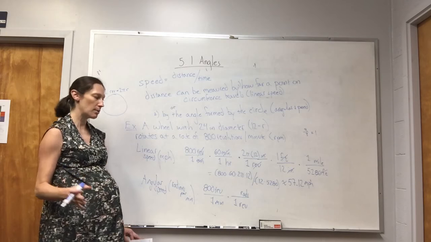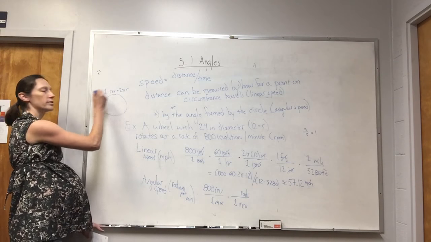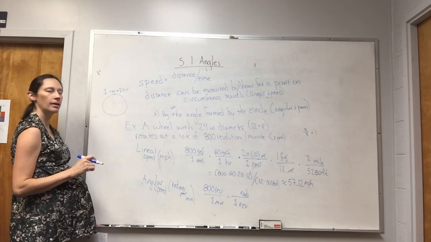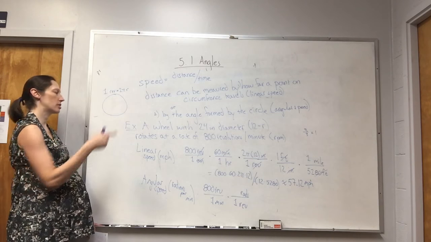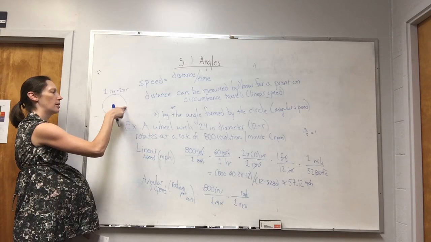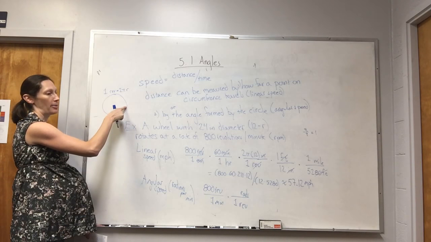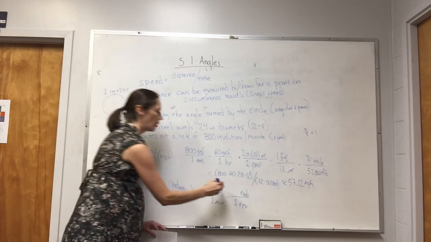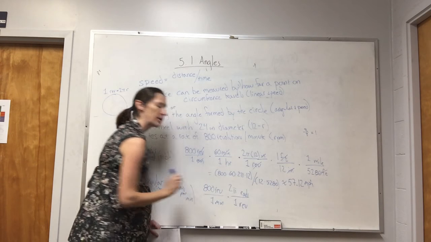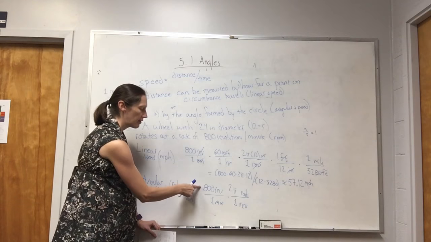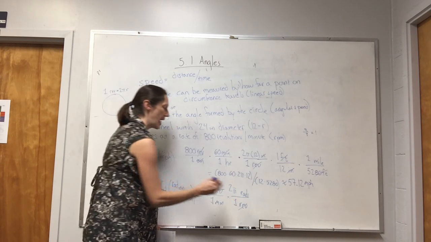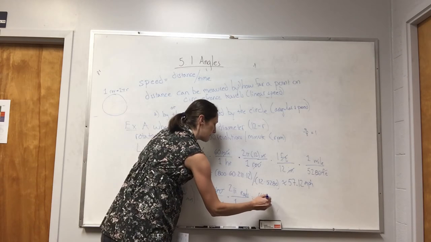Don't memorize. Think about what this is saying. Once around the circle. How many radians is that? If you're not sure, think, how many degrees is once around? 360. Okay, rephrase. Now, how many radians were 360 degrees? Once around the circle was the definition of 2 pi radians. So I have 800 times 2 pi. The revolutions have canceled, and I get 1,600 pi